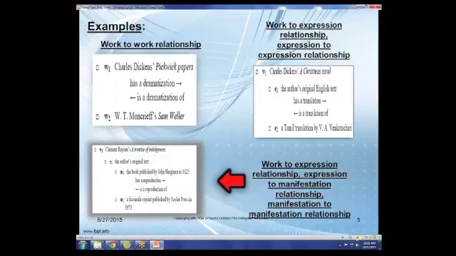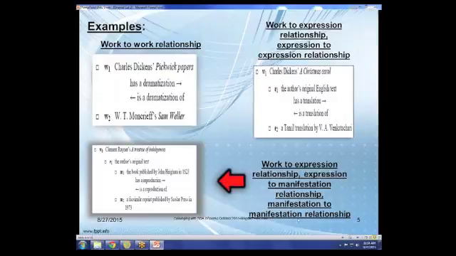And we have a work-to-expression, expression to manifestation. Okay, so we have, I hope that folks can see my pointer here. So we have in that example, we have the work, which is the author's original text. Then that is an expression of the work. The work as such, it only exists in the author's head, until it is expressed on paper. So this is one expression. Then it has a manifestation of its first edition when it was first published, and then it takes on another manifestation, which is a reprint.